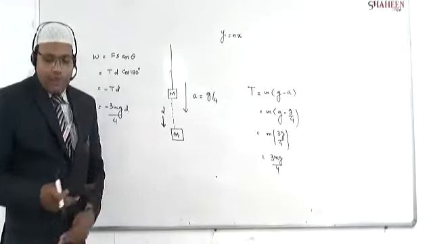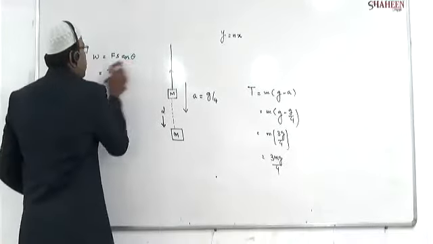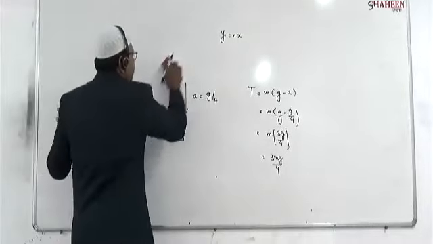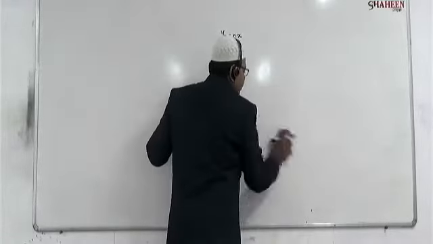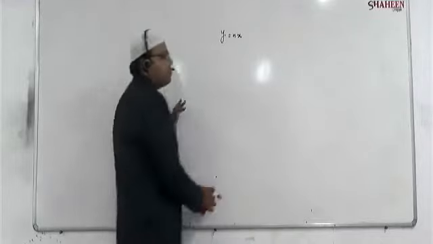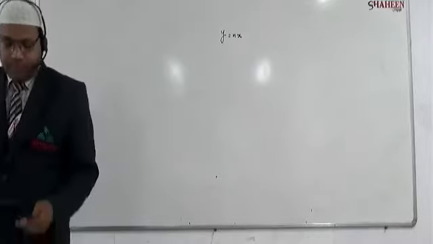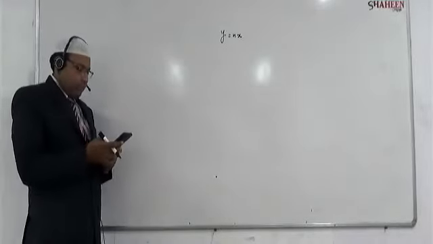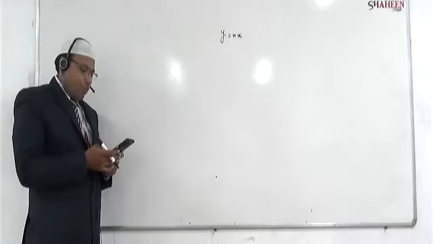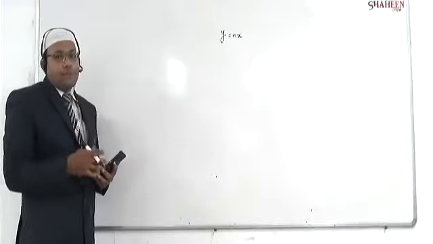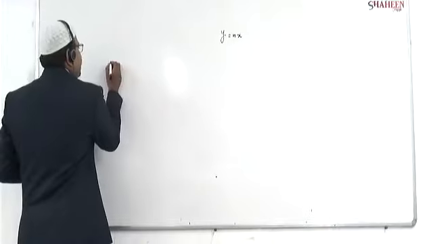Okay, fine, let's see what is given in the question. In the first 2 seconds the distance traveled is x, in the next 2 seconds the distance traveled is y, and the body is moving under uniform acceleration and is starting from rest. Uniform acceleration, beta, and starting from rest also.